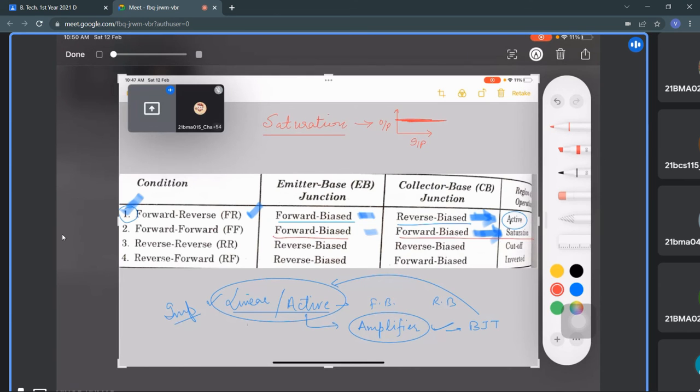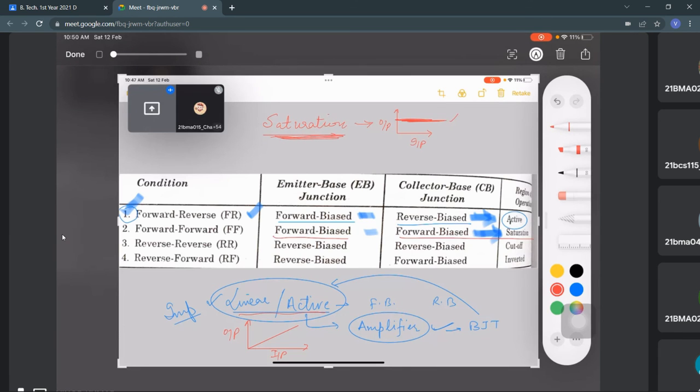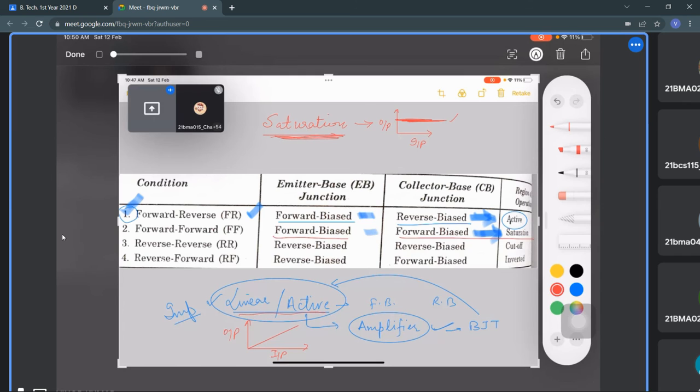Okay, and in the linear region, if you see, it is something like Ohm's law, like this. That input is changing, output is changing linearly with respect to that. So that is the difference between linear and active saturation region. Saturation means output is getting saturated. So that is the meaning of this.